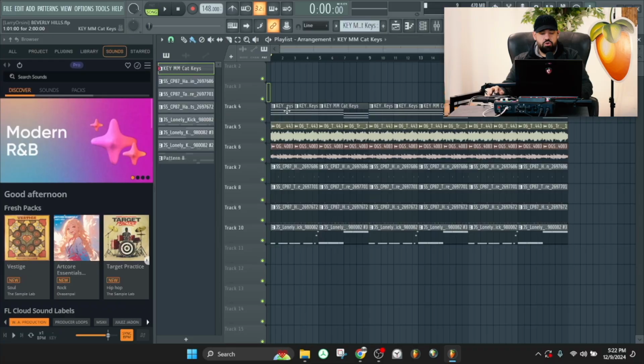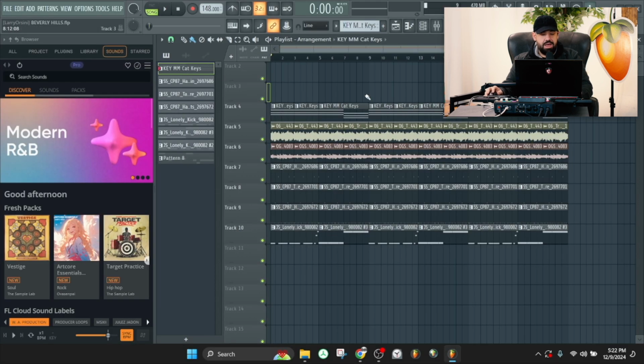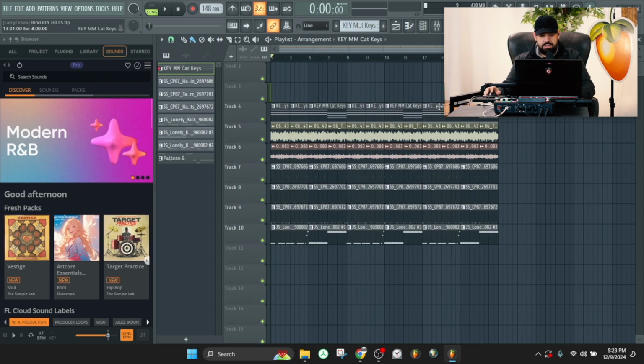Once you have a nice loop, like an 8-bar type of thing, where it's starting to sound a little bit repetitive and you know that these sounds sound good together, but you're going to eventually want to drop out a sound or two, I think that's when it's time to split by channel. Just go to whatever pattern it is, right click up here and hit split by channel. It's going to separate everything that's in that pattern. And if you have multiple patterns with multiple instruments, do that for every pattern. What's also cool about it is that it names it whatever the sample is automatically, so you don't have to name anything. So then we have a loop, and really this is just